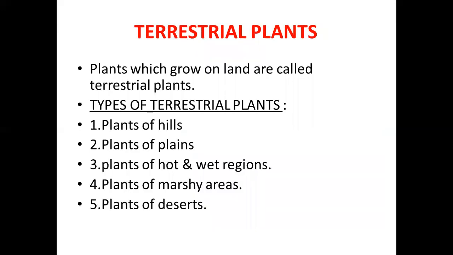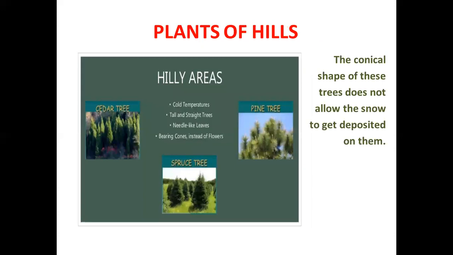And coming to the terrestrial plants, plants which grow on land are called terrestrial plants. Coming to the types of terrestrial plants: plants of hills, plants of plains, plants of hot and wet regions, plants of marshy areas, and plants of deserts. And coming to the plants of hills,